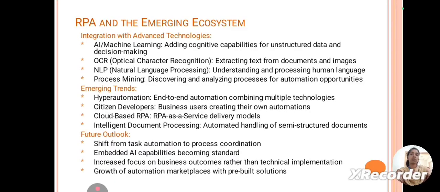RPA and the emerging ecosystem. Integration with advanced technologies: AI and machine learning, adding cognitive capability for unstructured data and decision making; OCR; NLP; process mining, discovering and analyzing process automation opportunities. Emerging trends: hyper automation, end to end automation combined with multiple technologies,